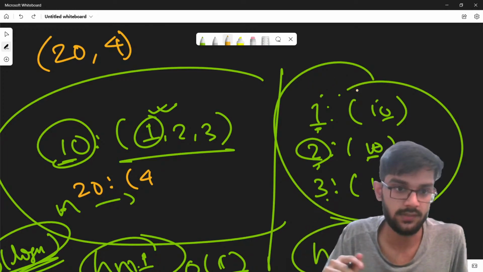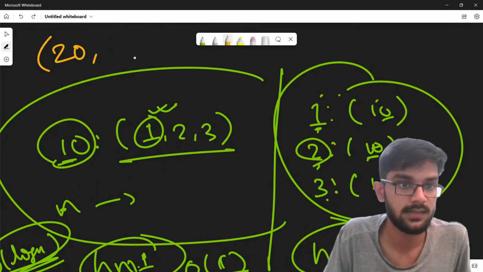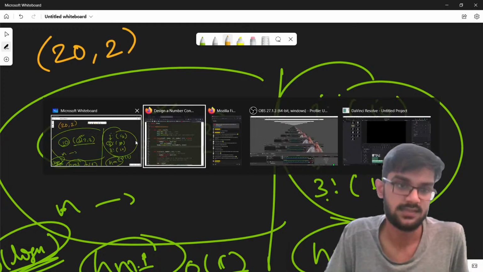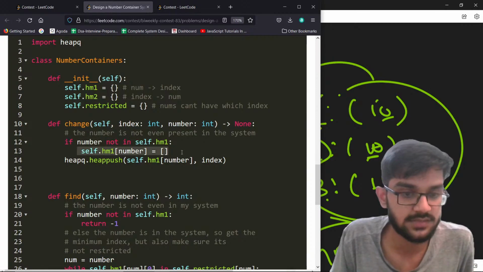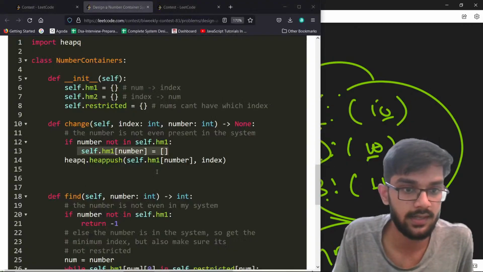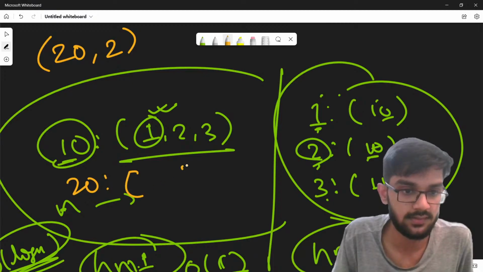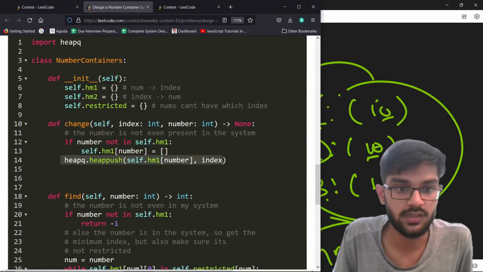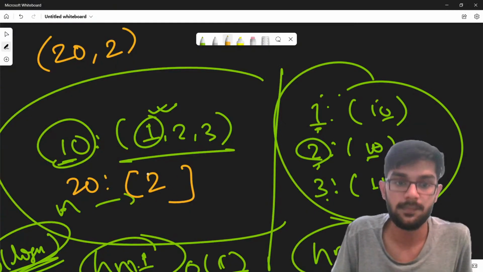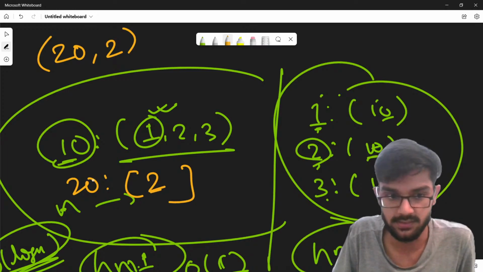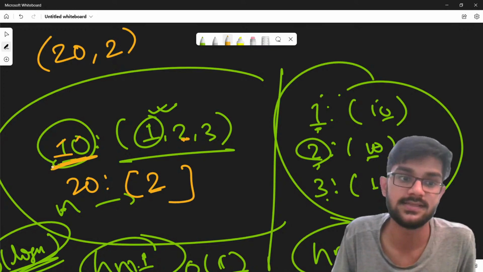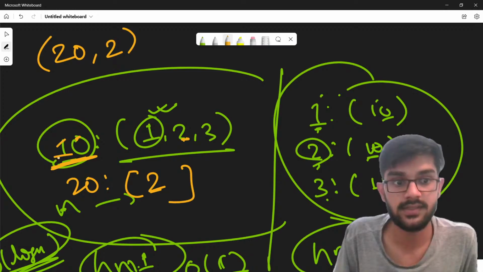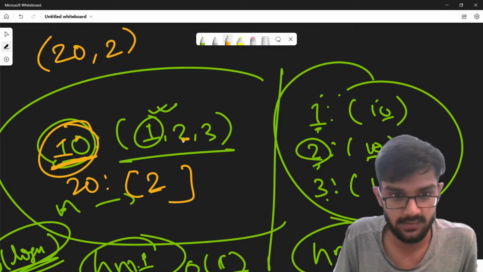But what if they are saying that 20 should come at second index? So again, if number not in self.hashmap of 1, I'm saying self.hashmap of 1 of 20, create an empty list kind of a thing, done. I'm saying heapq.heappush, that index I'll push in 2. But again, when I push this in, I know that 2 is being contradicted at 10's end. So in the restricted of 10, I'll put in